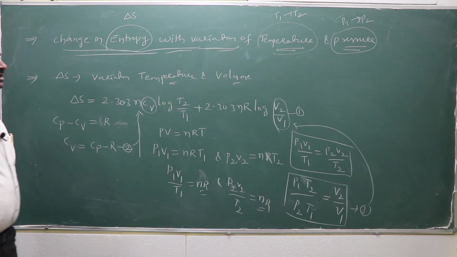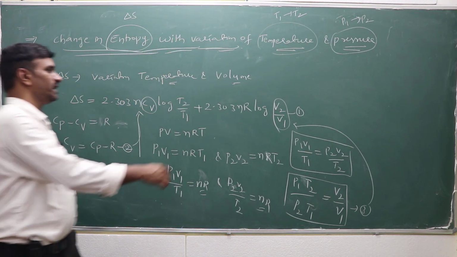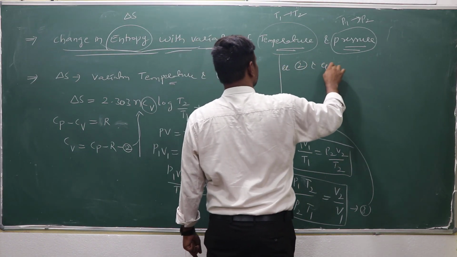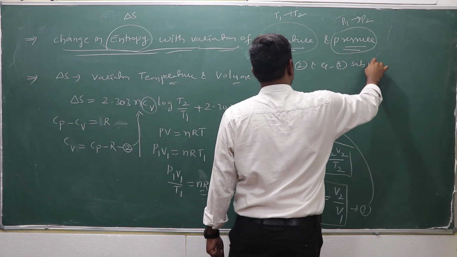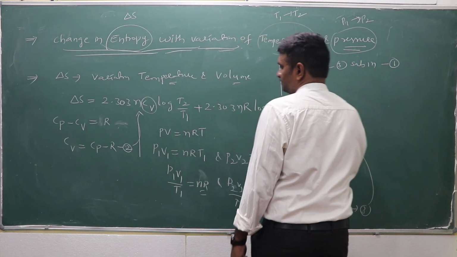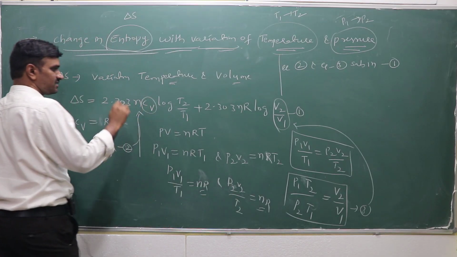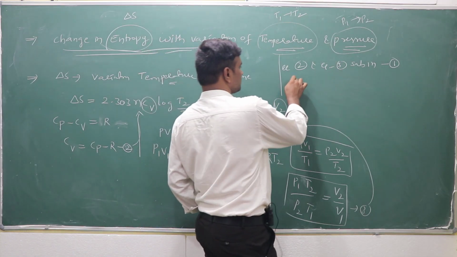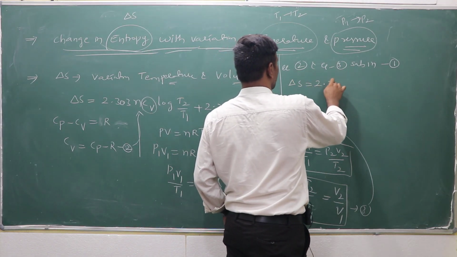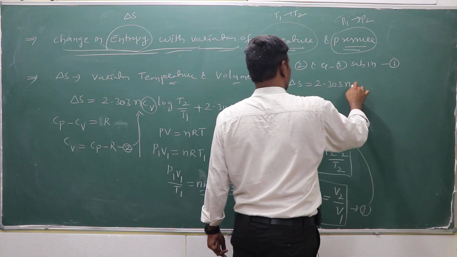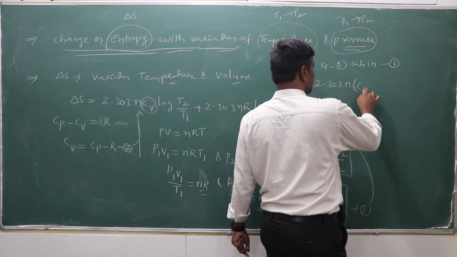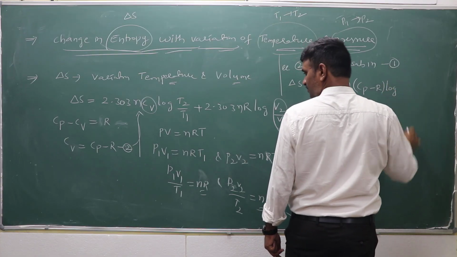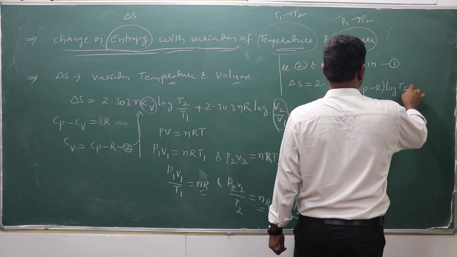That means equations 2 and 3 are substituted in equation number 1, with Cv and V2 by V1. That means delta S is equal to 2.303 n Cv, which is Cp minus R, log T2 by T1